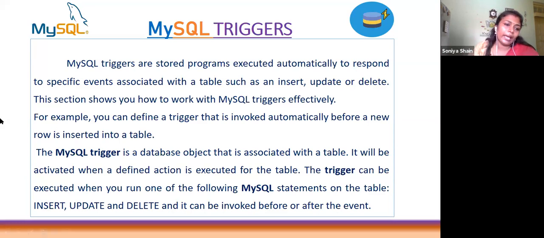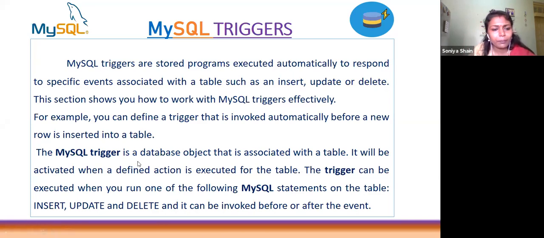Again, a MySQL trigger is a database object that is associated with a table. It is activated when a defined action is executed for the table. Defined action means insert, update, delete. These three actions can happen, and we can define a trigger that will execute automatically. From the examples, it will be clear to you.